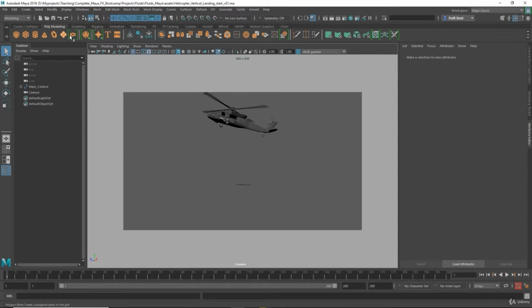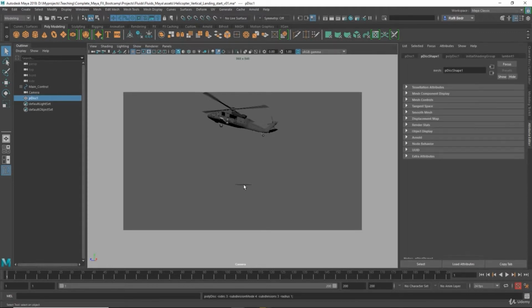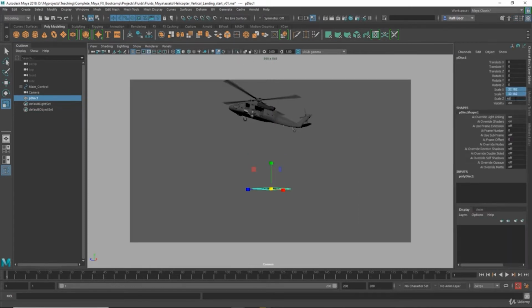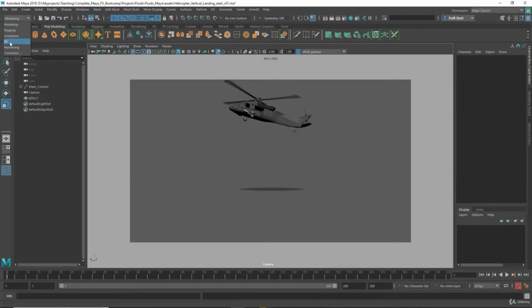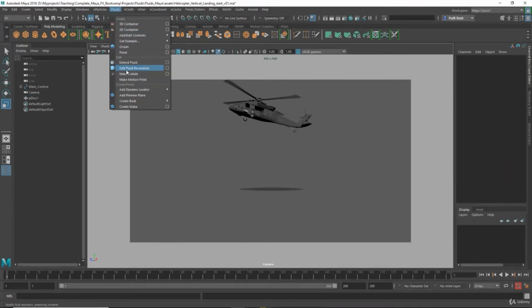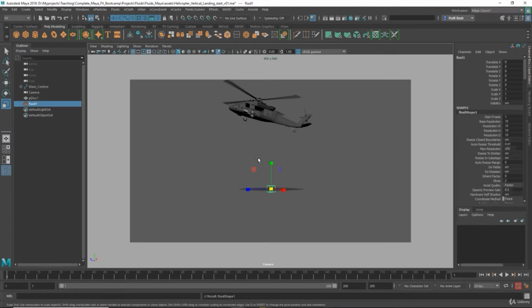So I'm gonna click on disk to create the disk, and then I'm going to scale it about 46. And now let's go to the FX tab and let's go to Fluids and let's click on 3D container, and let's scale it a little bit and move it up just under the emitter. Okay,